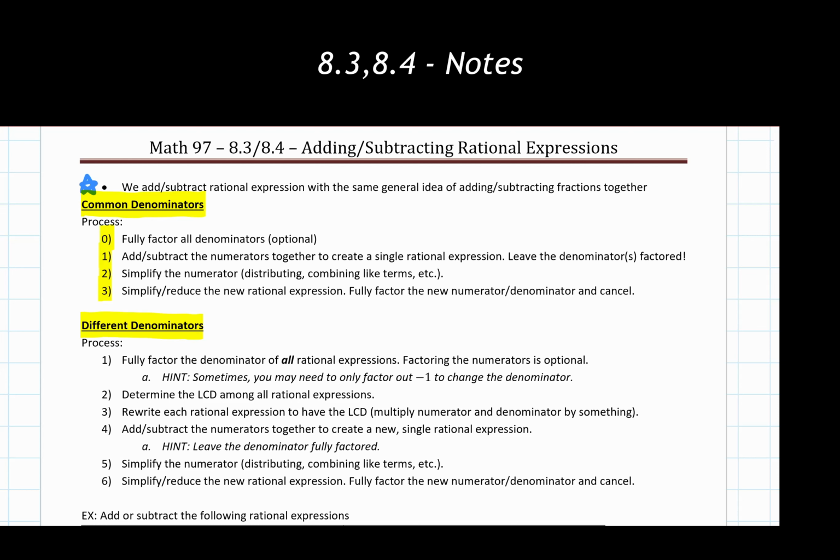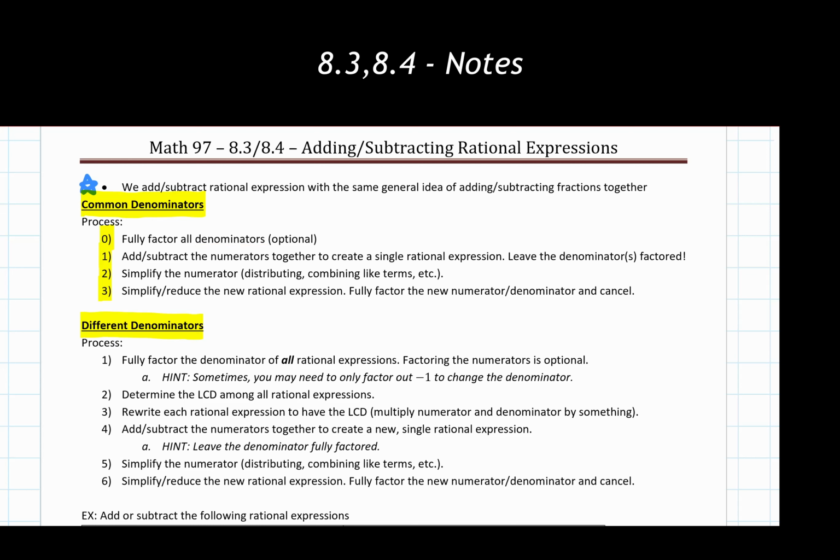The first thing that we're going to do, or at the very least this is step 0, something I like to throw in with these, is an optional first step. You are eventually going to have to do this step. The choice is whether you want to do this at the very beginning of the problem or later on throughout the problem. What our first optional step entails is to fully factor all of the denominators specifically. You can use any and all the previously learned methods for factoring to make that happen.